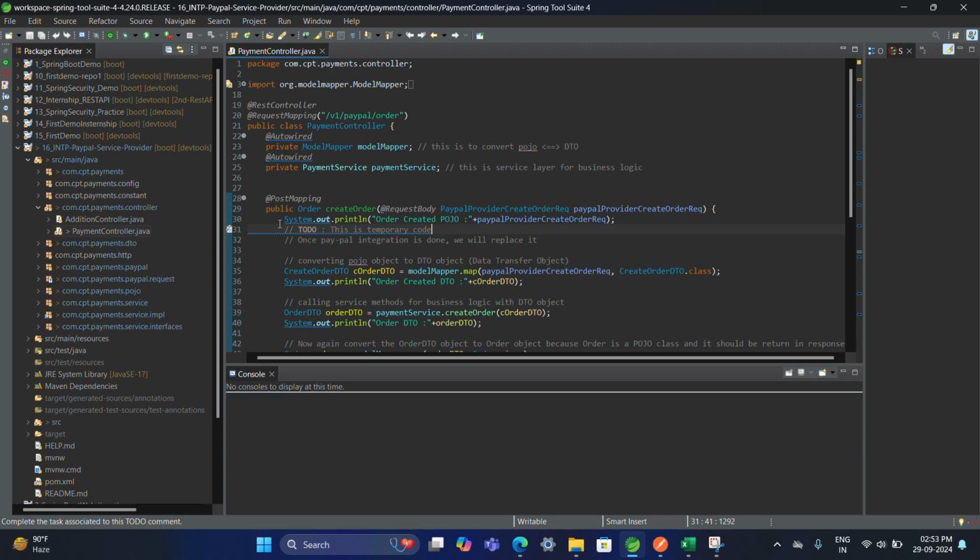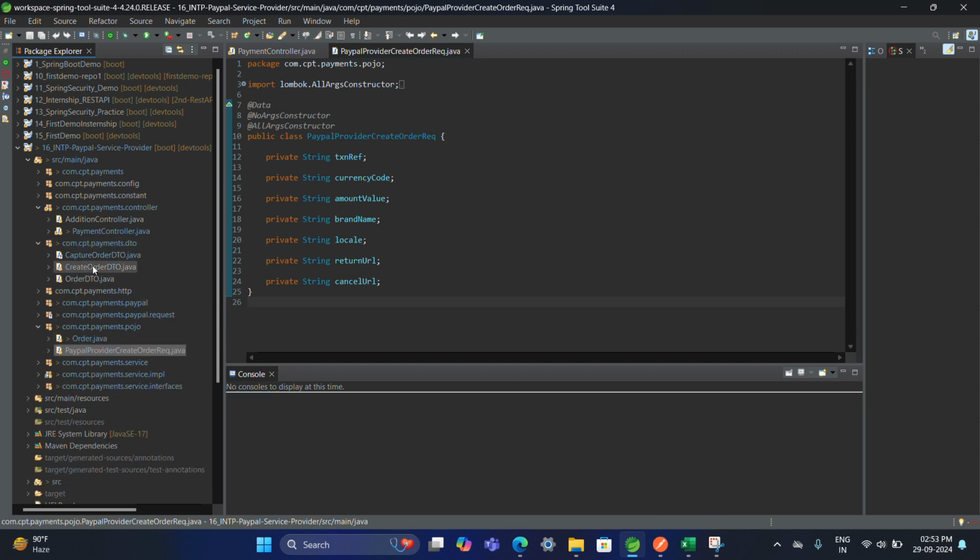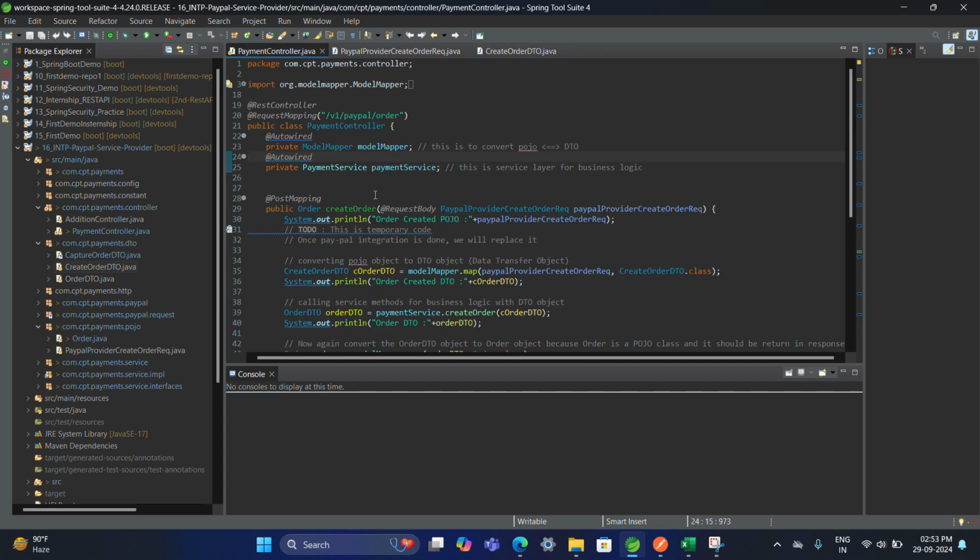The Pojo object is coming, and we have converted the fields into the Pojo object like this. I'm going to show, oh sorry, here, Pojos. So these are the Pojo objects, and we are going to convert all these fields into an object and then into a DTO object. Here is the section of DTO, like this, create order DTO. I think it is okay. So we have created the corresponding DTO object, and then we are going to pass this DTO object